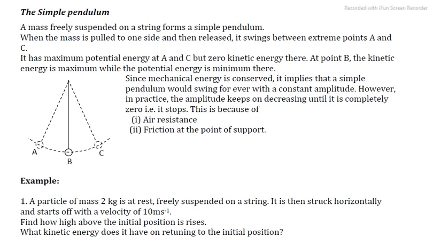But at point B, this mass has maximum kinetic energy and zero potential energy. So from this observation, it implies that since the mechanical energy is conserved, it cannot be lost, then